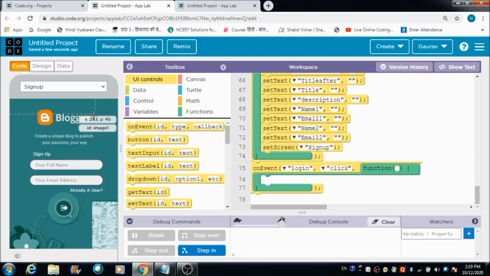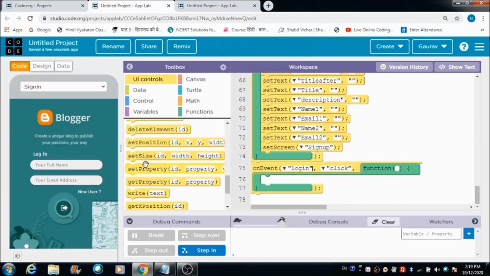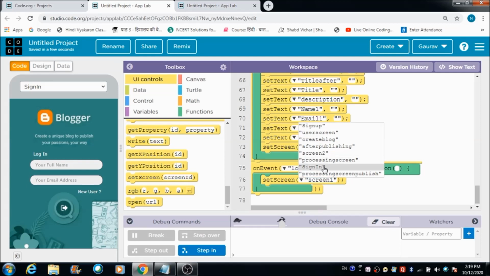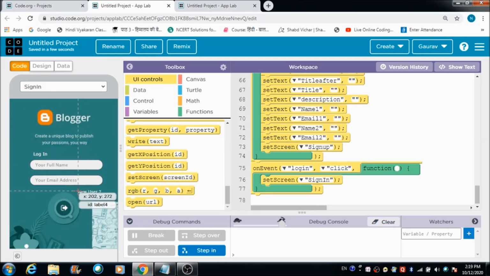This is the one. So I would like him to get redirected to this sign in screen. Okay, for doing the same, set screen, let's set this screen to sign in screen.